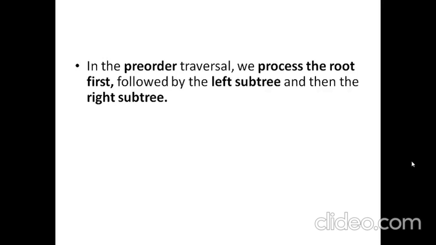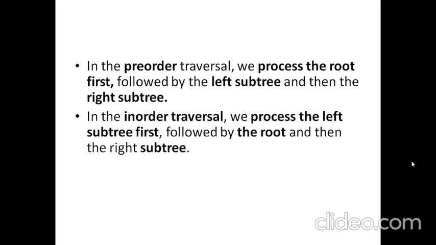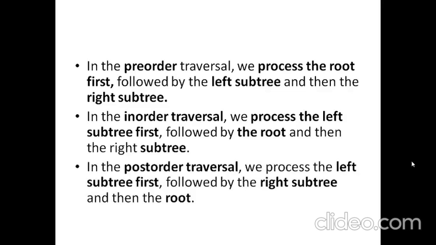The clue here is that the placement of the root, or when the root is processed, determines whether it's pre-order, post-order or in-order. In pre-order traversal, the root comes first. That is, the root is printed before its left and right subtree. Then it's pre-order. Whereas when the root is printed in between its left and right child, then it's called in-order traversal. Whereas when the root is printed after its left and right subtree, then it's called post-order.